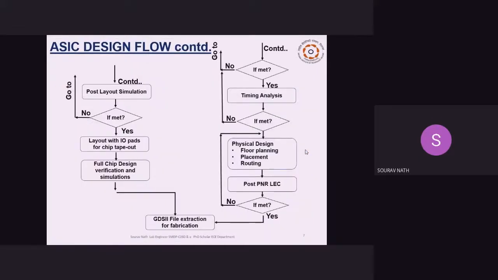After that, in case of analog, post layout simulation is done. If met, layout with IO pad for chip tapeout processes will be carried forward. After that, full chip design verification and simulation is done. In case of digital, timing analysis will be carried forward. After that, if timing is met, then we proceed forward to the physical design, where floor planning, placement, and routing will